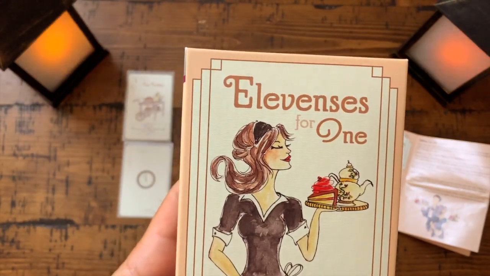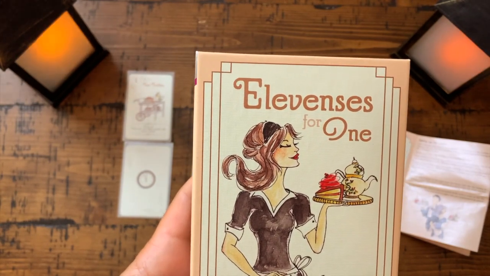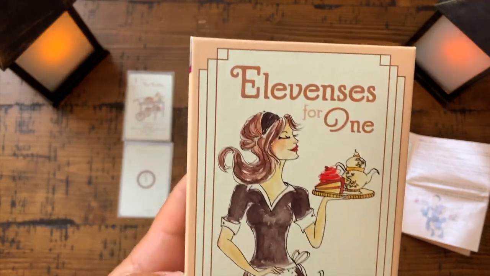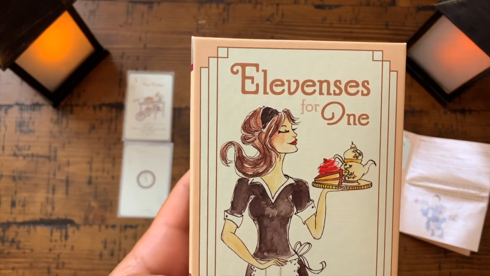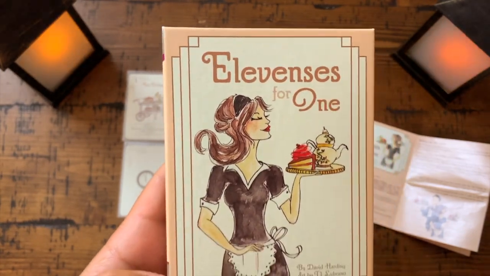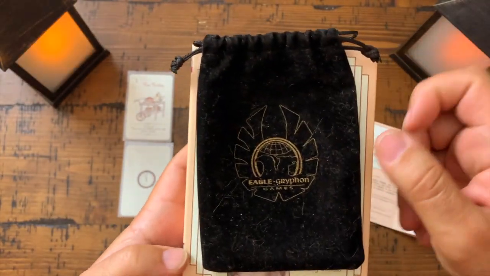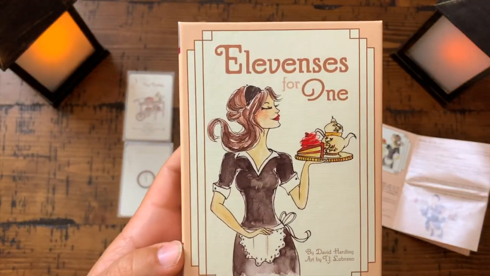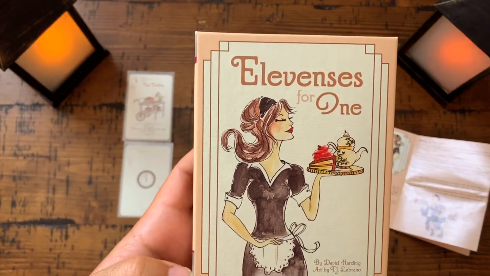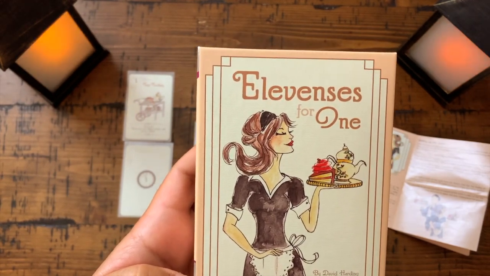So I was upstairs rummaging through my game collection, and I ran into Elevenses For One, which is a cute little solitaire game by Eagle Griffin Games that I used to play quite a lot. I used to carry it in this little Eagle Griffin game bag, but it's been a while since I've played it. So I found it in there, and I want to share it with you because if you haven't heard of